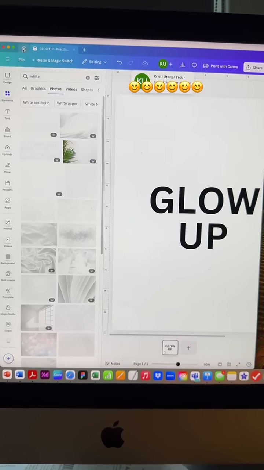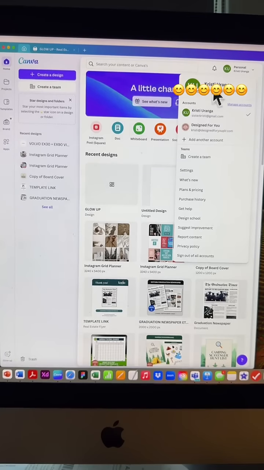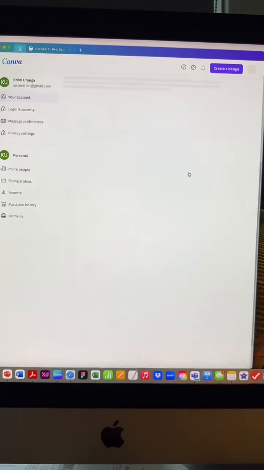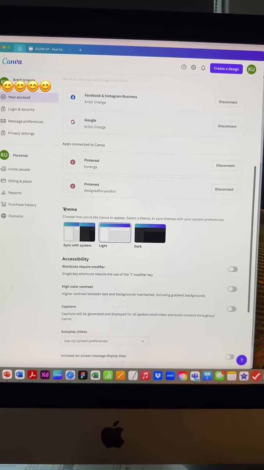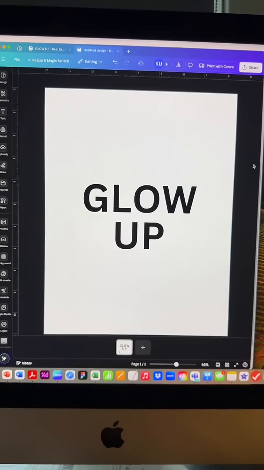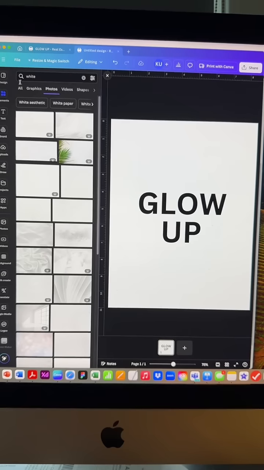So what you wanna do is go to the Home button and click on your little profile up. Then you're gonna click on Settings, and what will come up is this theme, so you can switch it to dark mode. Now it will go back a little bit to the way that it looked before, except your entire canvas out here is now dark. But I've put in white at the top here, again in the Photos tab,